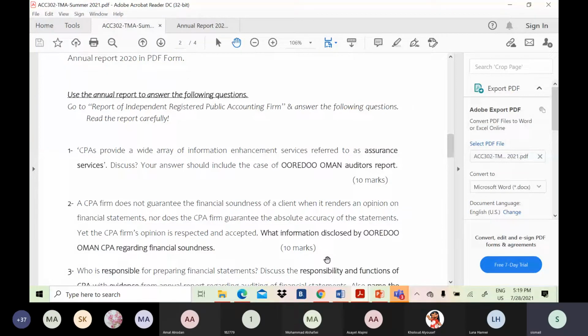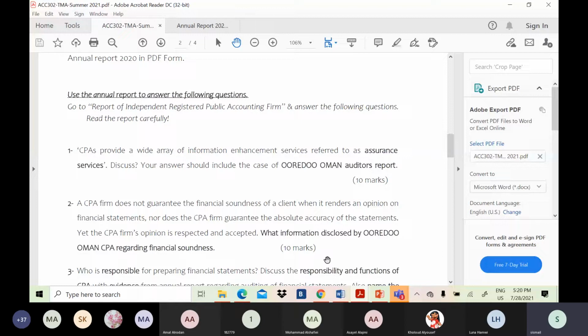يعني after you write your answer from the material, this is the first section, then you can support your answer from the أريد عمان report. Is it clear؟ يبقى السؤال الأولاني كأنه متقسم لجزئيتين. الجزء الأولاني اشرح العبارة اللي هو قايلها دي. اشرح عبارة إن المراجع أو السي بي اي بيقدم خدمات تحسين المعلومات، اللي فاكرين بنسميها كلمة assurance. كأني بقول لحضرتك اشرح لي إيه هي الassurance service. أوكي؟ أو السيرفيس اللي ممكن يقدمها الاوديتور بصفة عامة بالتركيز على الاشورنس. ده الجزء الأولاني. ثم الجزء الثاني هات لي دليل من تقرير مراجع